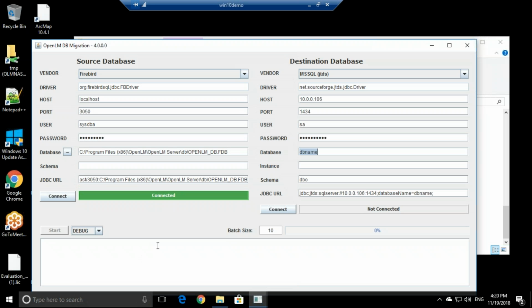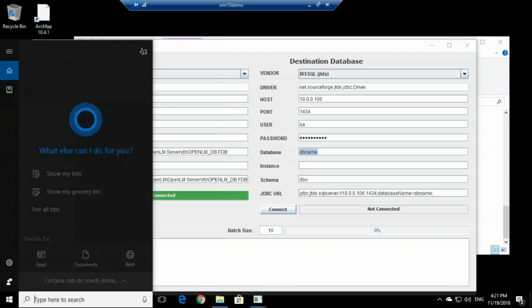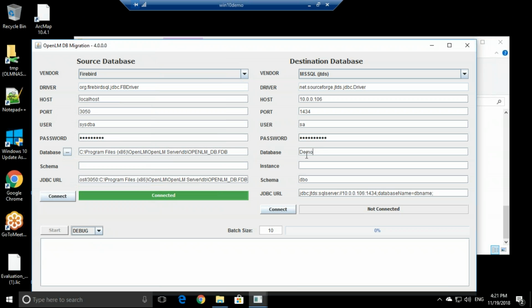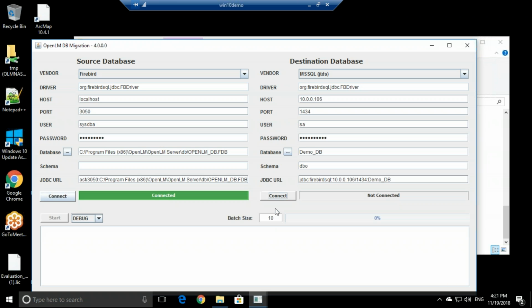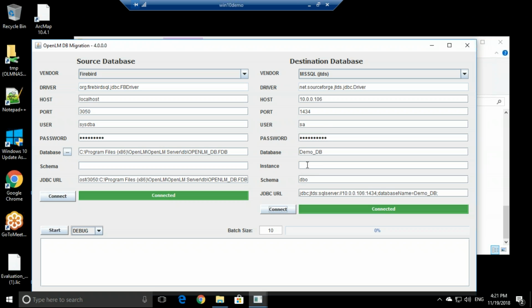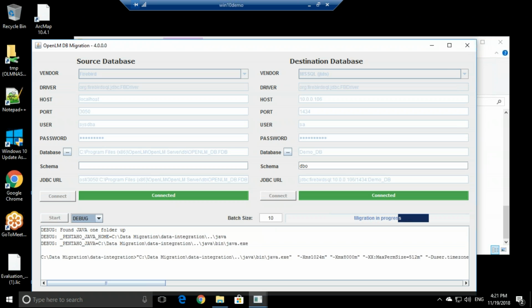So let's go back to the OpenLM server machine. And now let's fill in the database name. Now here you can either input the port or the instance, but don't do both. Either port or instance. So let's click Connect, Connect, and Start. Now this will run